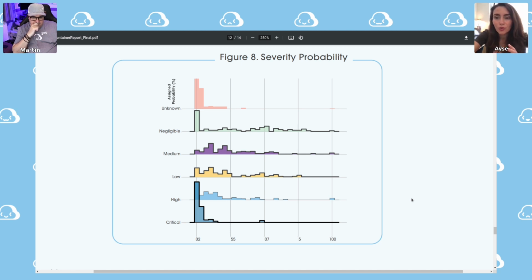But what I saw was that about 20% of everything belongs to a high, critical or unknown severity category.